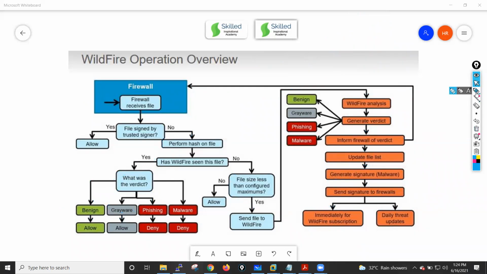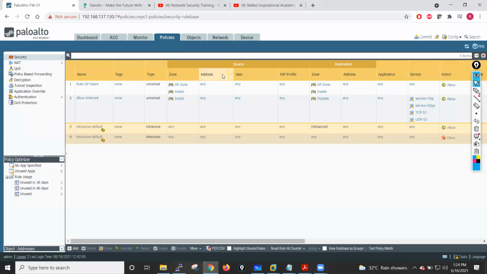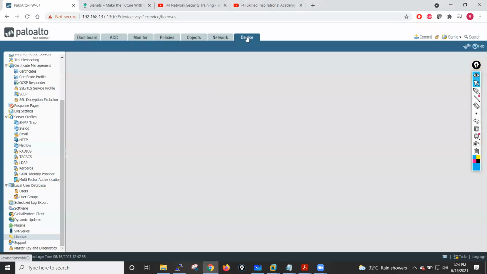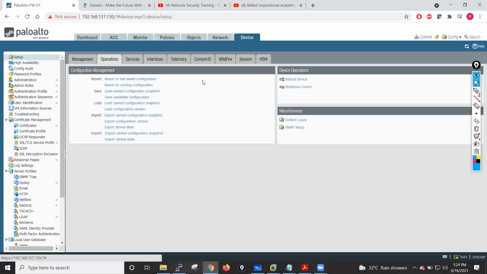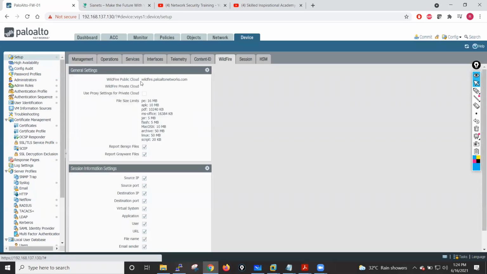If you want this particular feature, you need a WildFire license. If I go into the Device tab, into Setup, into WildFire, here this is wildfire.paloaltonetworks.com. This is the public cloud, guys.